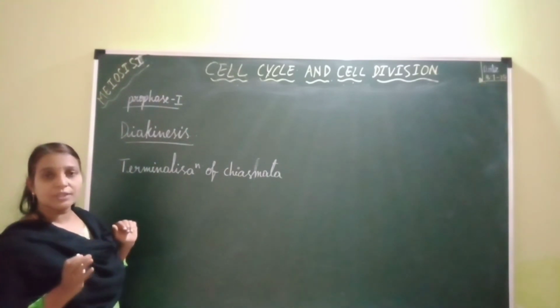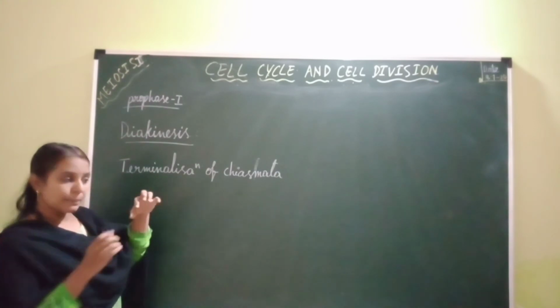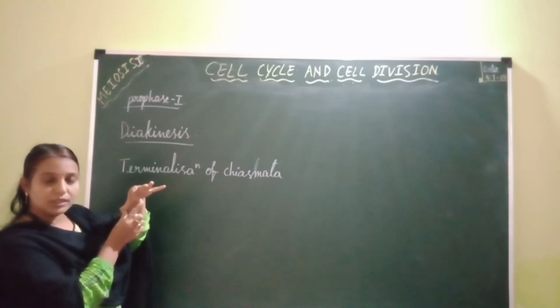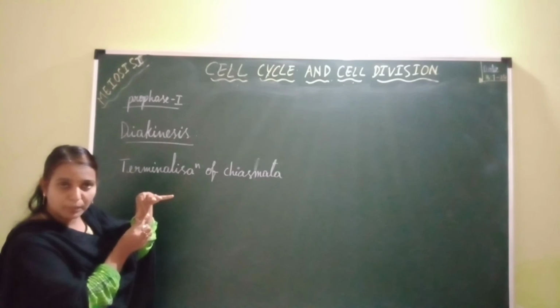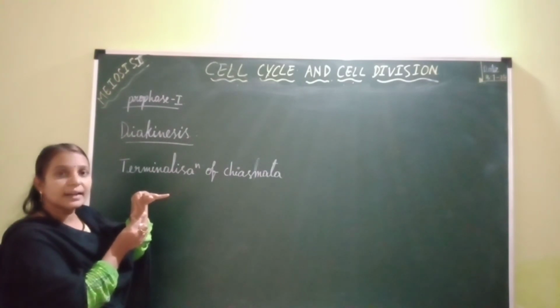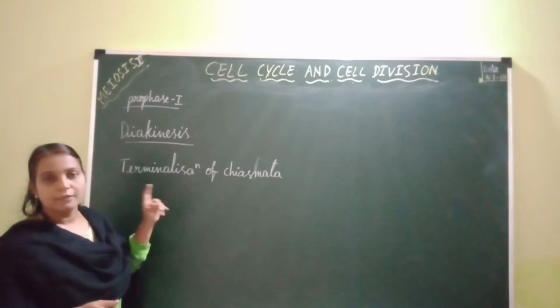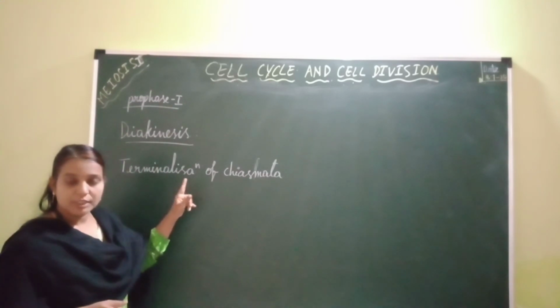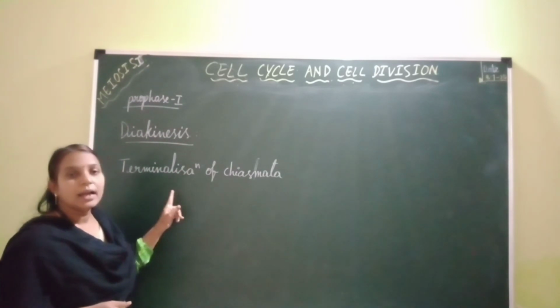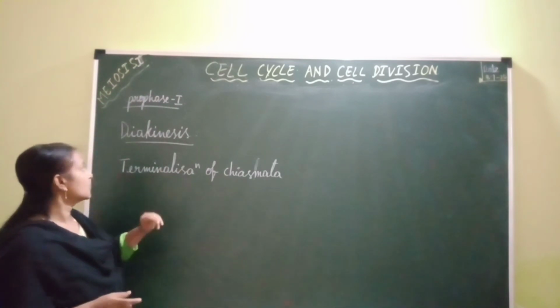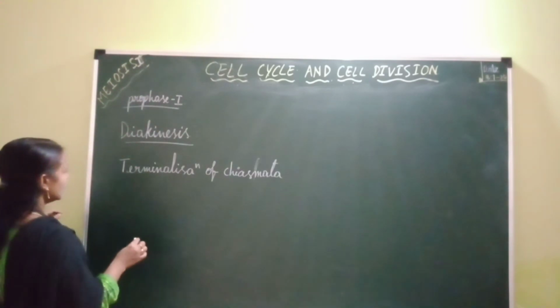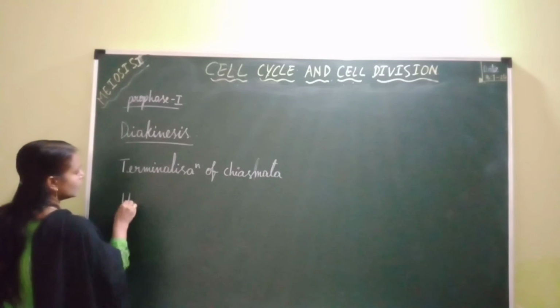This terminalization occurs because of repulsion between the chromosomes due to the dissolution of the synaptonemal complex and due to tight condensation of chromosomes. This terminalization of chiasmata, which started during the Diplotene stage, gets completed during diakinesis. And during this diakinesis, the nucleolus